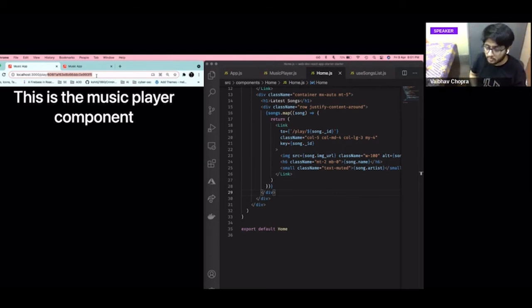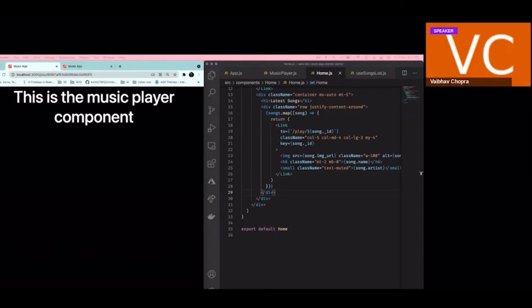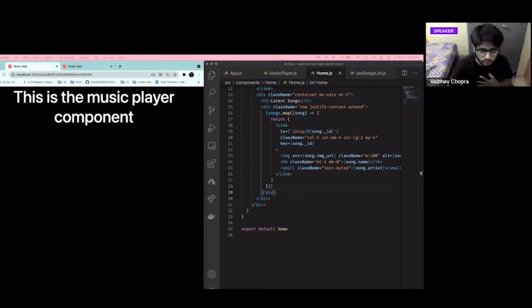Remember, we made a route which allowed you to fetch data of one single song instead of fetching data of all songs. This is where you will use that route, right? Next up, we have the home page is done.